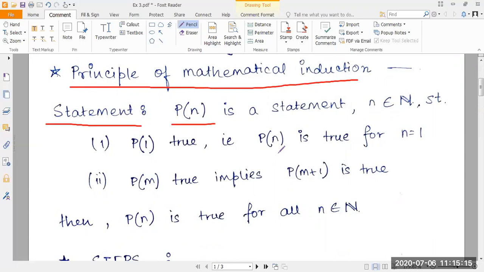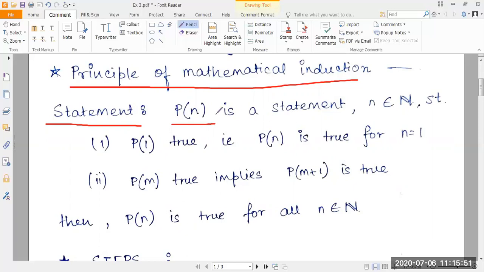Now, what do we mean by Pn being a statement? In my previous video on arithmetic progression, we had found the sum of the first n natural numbers. So we have 1 plus 2 plus 3 plus dot dot dot up to n, which is n into n plus 1 by 2. If you want to check, you can always go back. That is essentially another form of statement. We are using a particular value of n, small n, where n is a natural number, of course. It can't be 0 or a negative number.